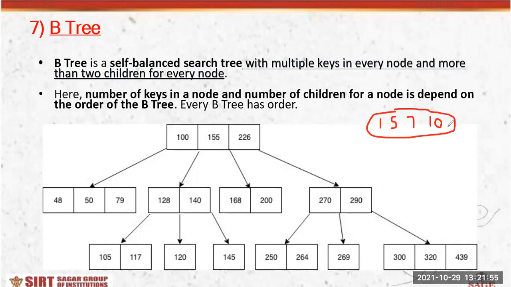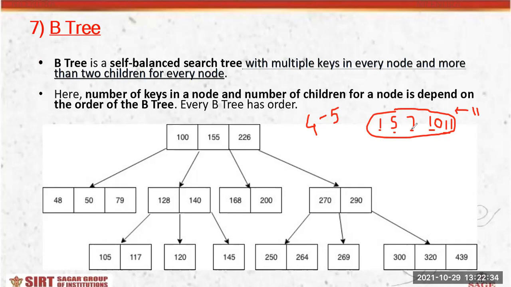Now if I want to insert another key here, let's suppose I want to insert 11 here. Once I insert the 11, if it is following a particular 4, 5 approach, it will split this particular tree. How will it split? If I insert 11 here, the 11 will come here basically. Now it will not follow the 4 key and 5 order rule. Why? Because there should be 4 keys only. So I'm having the first key, second key, third key, and fourth key. While I was inserting the 11th key, it exceeded the limit.